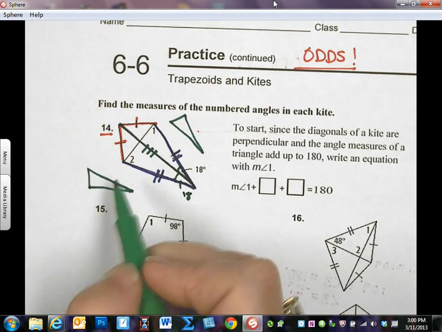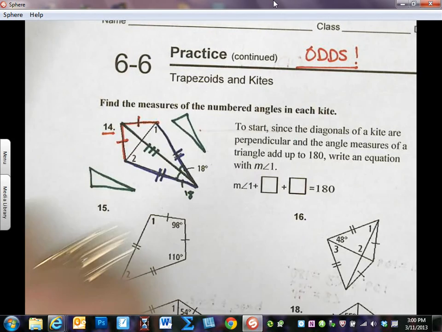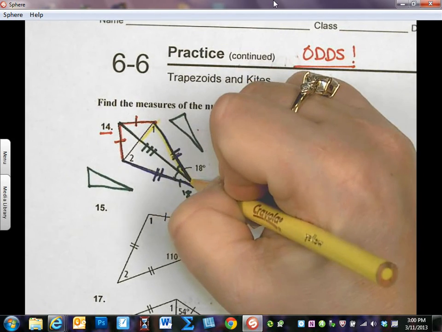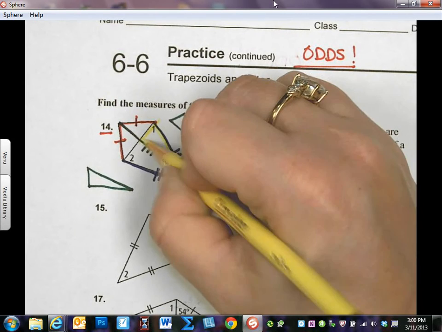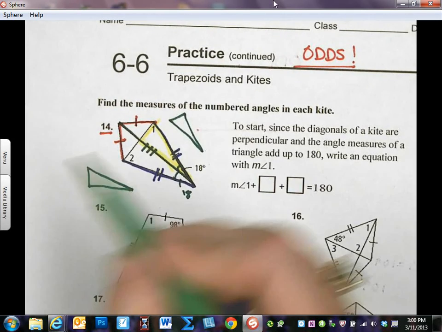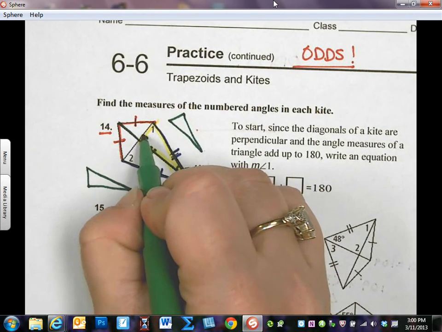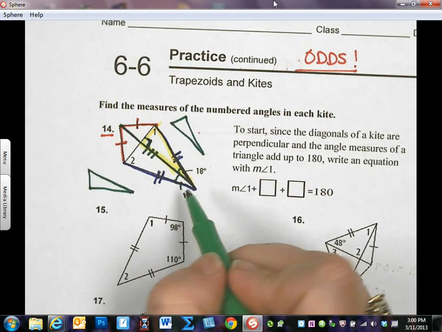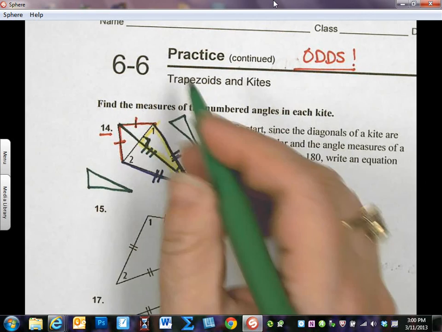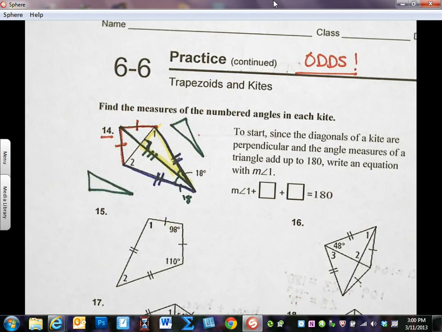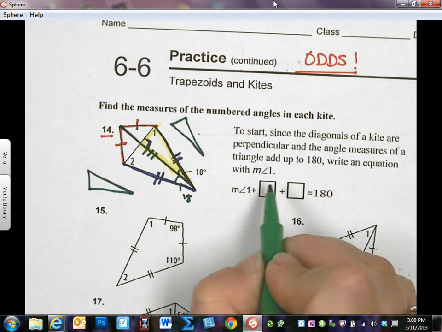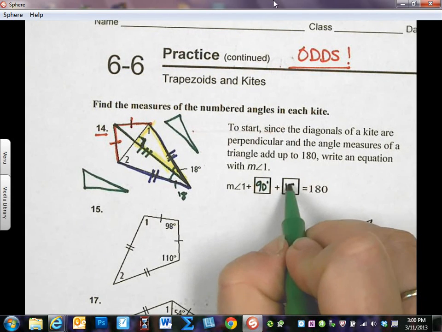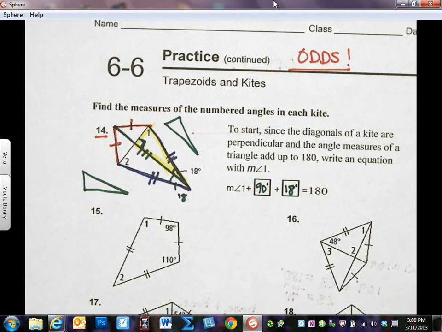Now, you might want to just identify the triangle you're particularly thinking about. So here's this triangle right here, and this is the one they're talking about. One of the things you also have to remember is that in a kite, these diagonals are perpendicular. So I know 2 angles in this triangle, and what can I do to find the third? Well, the measure of angle 1 plus 90 degrees, because that's this angle, plus 18 degrees is going to equal 180, because this is a